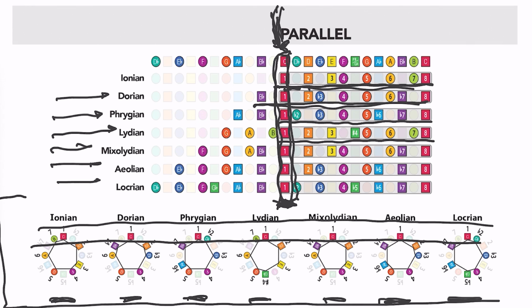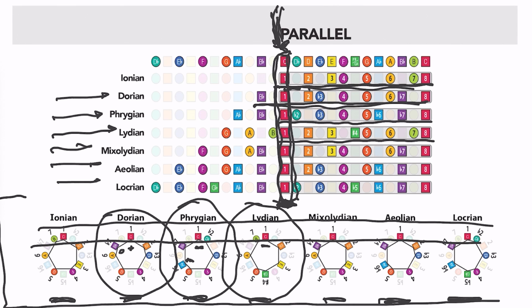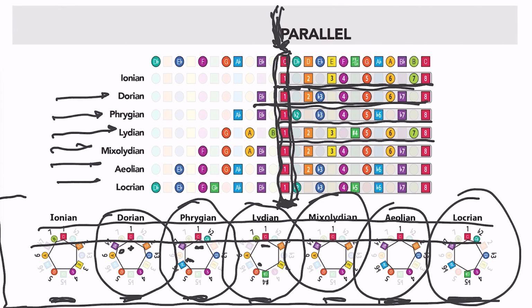It's the same interval pattern of whole steps and half steps, but in the case of C Dorian, for example, C is a guest at B flat's party. In the case of C Phrygian, C is a guest at A flat's party. In the case of C Lydian, C is a guest at G's party, and so on. So hopefully this analogy of hosts and guests and different parties helps you see the difference between relative